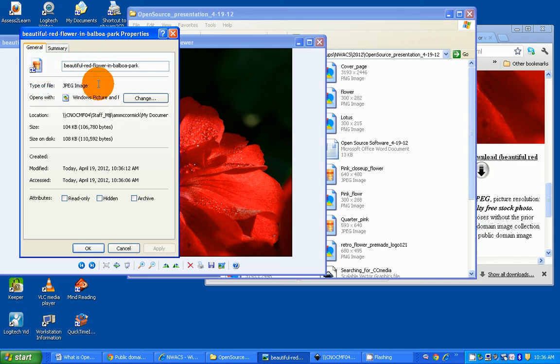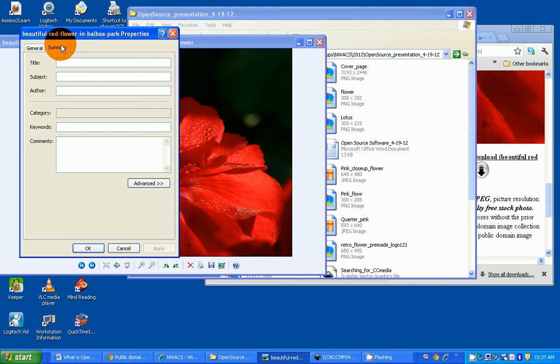So we know it's a JPEG image. We know where I've stored it. We know how big it is, when it was created. And we're going to click over to the Summary tab, and I'm going to put the author's information right here,